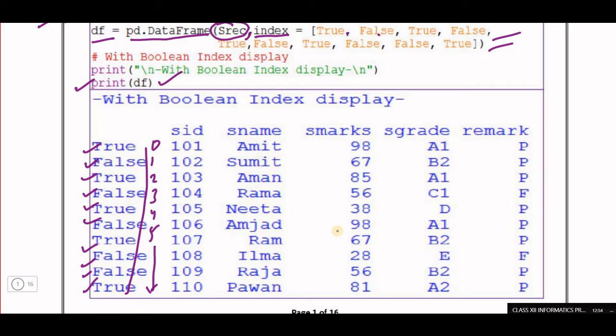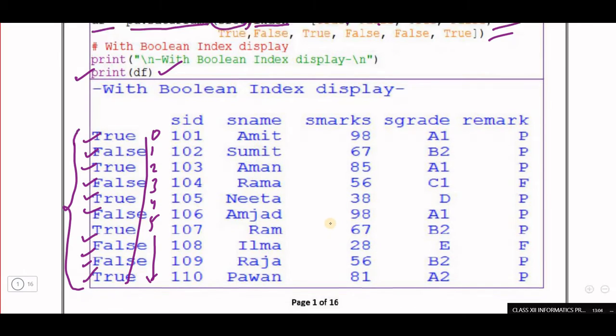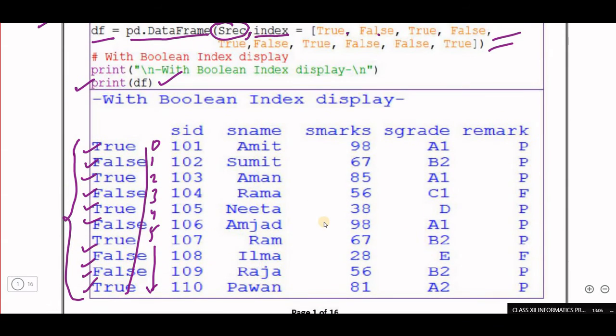So this is the basic form as given in the table in front of you. Clear? Boolean means true or false, or 0 and 1, but here we are talking about Boolean indexing. In a computer it always comes in the form of true and false,